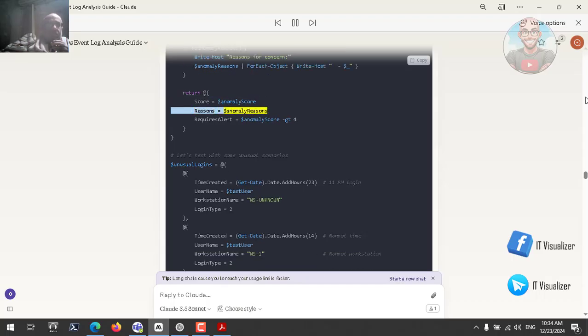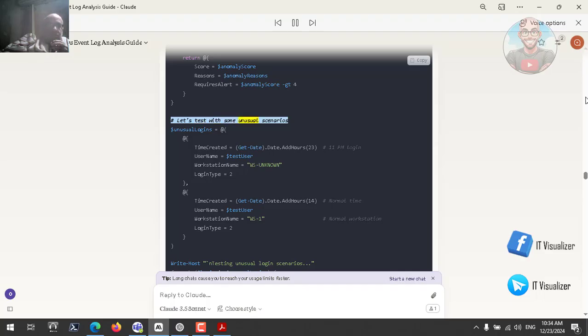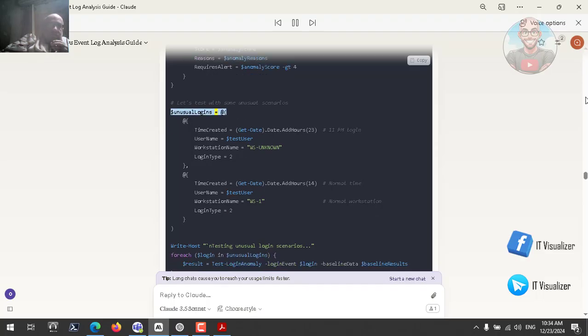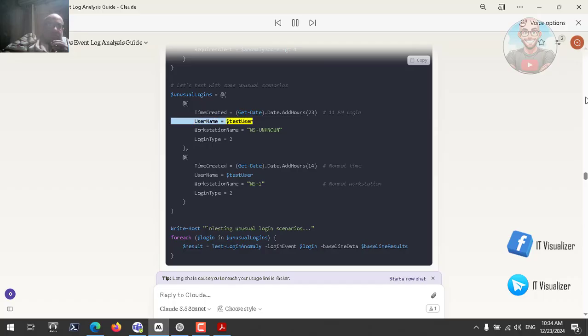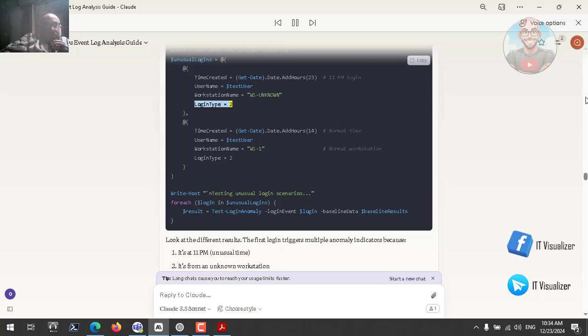$anomaly_score_reasons = $anomaly_reasons; RequiresAlert = $anomaly_score -gt. Fourth, let's test with some unusual scenarios. $unusual_logins = @( @{ TimeCreated = (Get-Date).AddHours(23) # 11 PM login; Username = $testUser; WorkstationName = "WS-UNKNOWN"; LoginType = 2